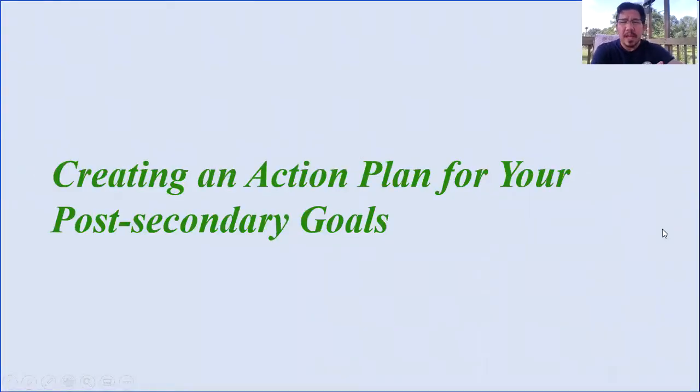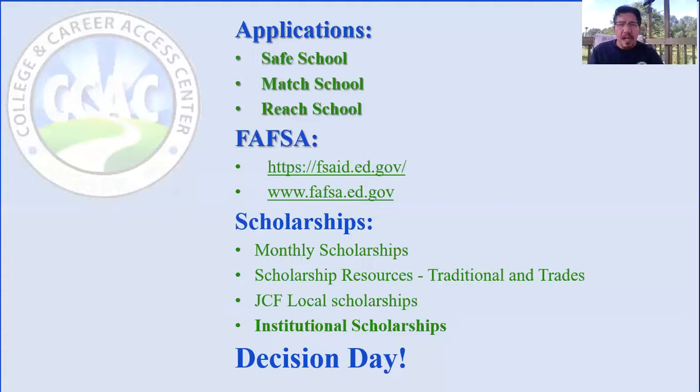So creating an action plan, like I said, it's basically a real concise place to have your plan in place that you can always refer back to, and create a link library of resources and tools for yourself that are just going to make planning a lot more organized. So say that you are going on to a 2 to 4 year college. Remember the 4 seasons that we discussed in the previous video. We have applications, the FAFSA, scholarships, and then making your decision.